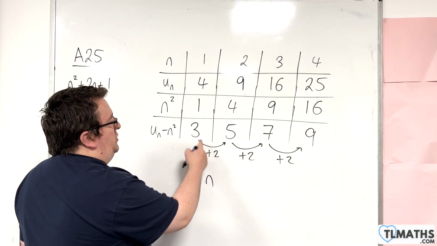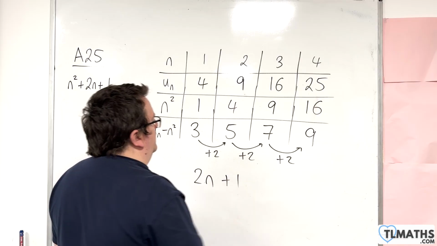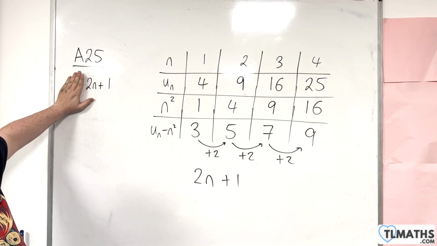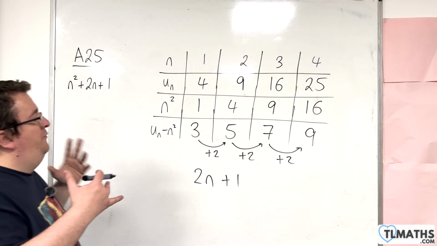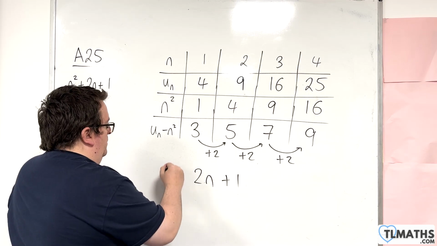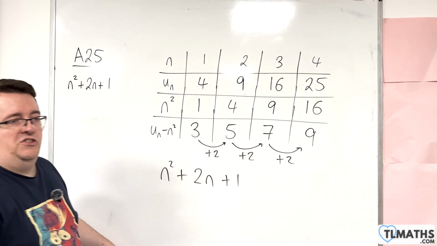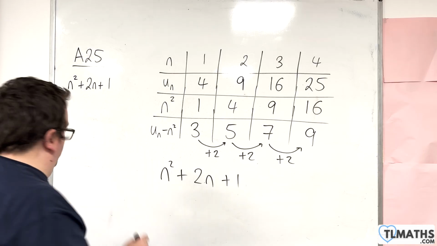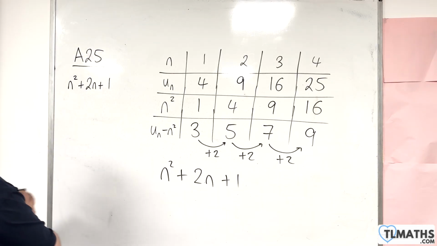And how do you get from 2 back to 3? You need to add 1. So this sequence is precisely that, as expected. So the full nth term has got to be n squared plus 2n plus 1. Okay? Right, let's do another example